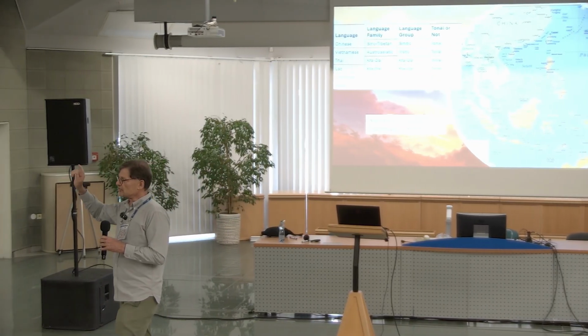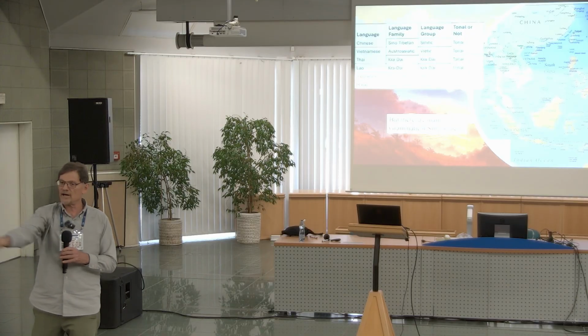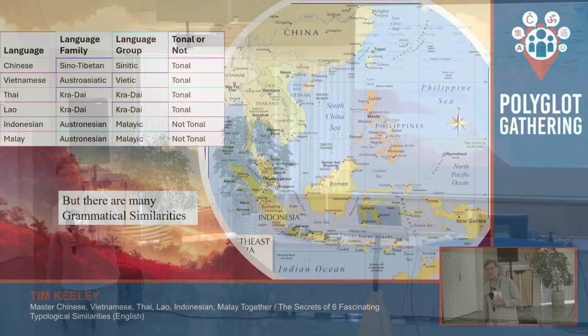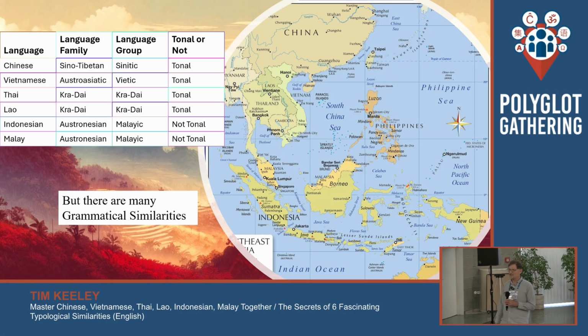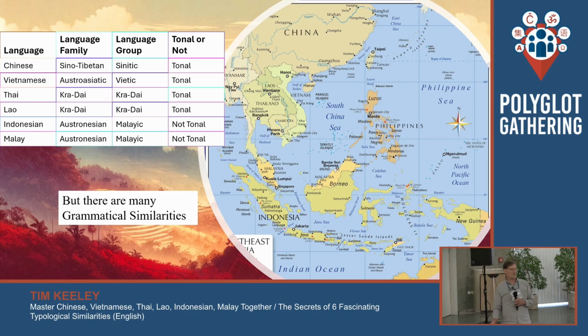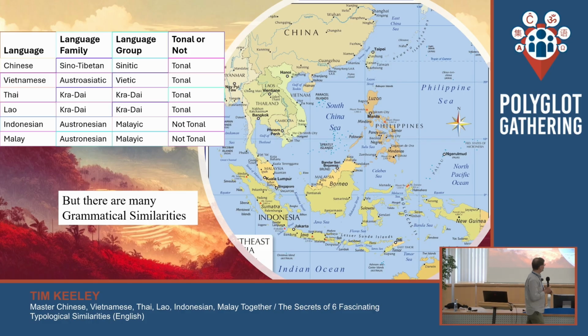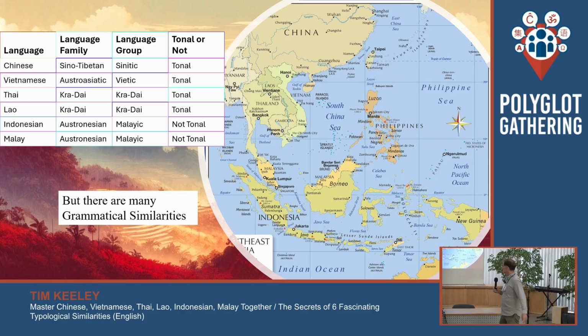But do you realize structurally, you start in China, and you go all the way down to Southeast Asia, and you have a similar structure. Now, that would include Khmer and Burmese, but I don't speak Khmer and Burmese. I stick to languages I know so that I don't mess up too much. Okay, so you can see they're from different families, different language groups, and so 4 tonals and 2 non-tonals.